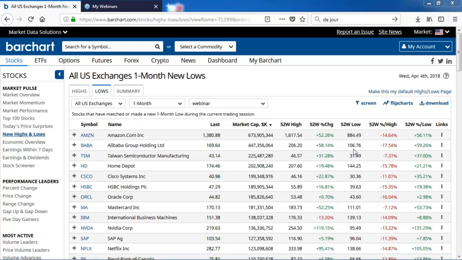How can we sort short, medium, and long-term trends? Well, that's what we just talked about. You can look at different time frames for moving averages, for example. You can look at different time frames for highs and lows. Someone again asked, prices are in real time. Yes, they're in real time for BATS data.